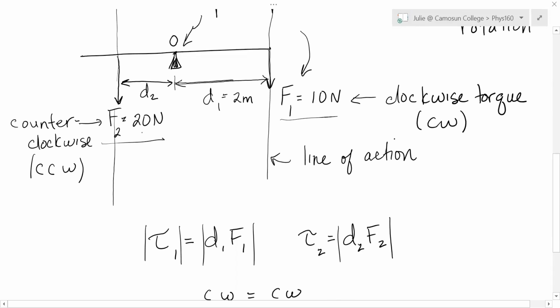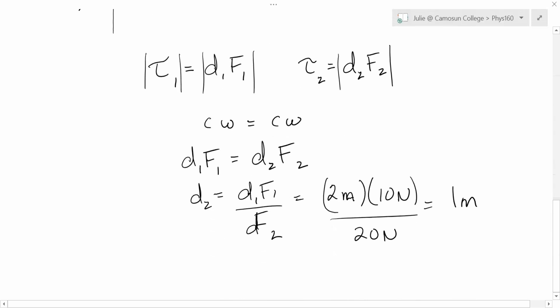So if you have twice the force up here, you put it half the distance away from the axis of rotation, and you're going to get the same torque as if you have a smaller force a distance 2 meters. So you can see how important distance is here. You can't just say a big force produces a big torque. It doesn't necessarily. It all depends on how far away the force is, and it also depends on the direction of the force. If you had a teeter-totter